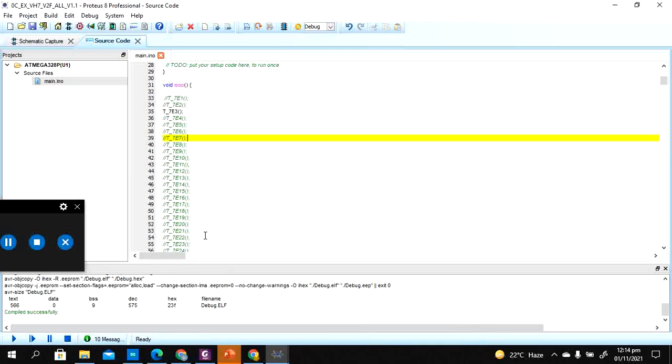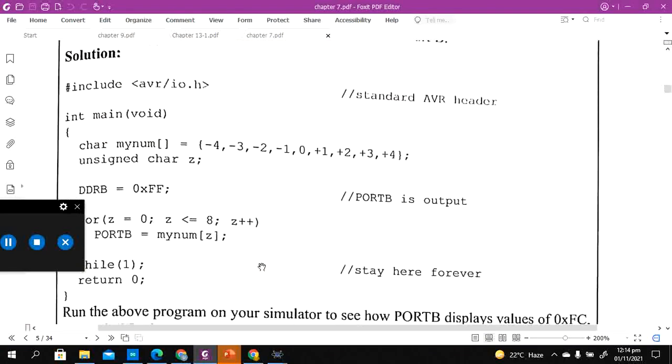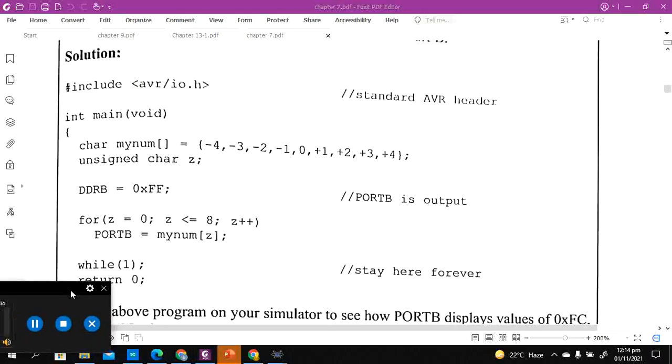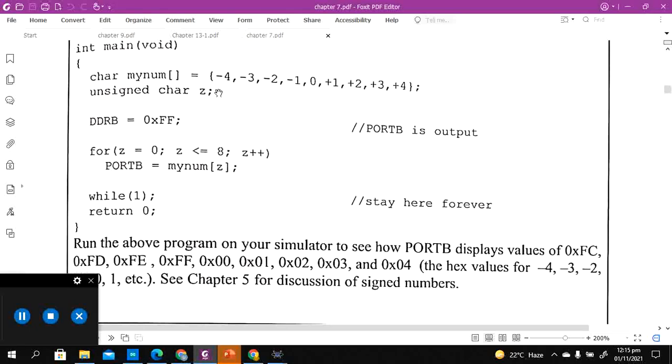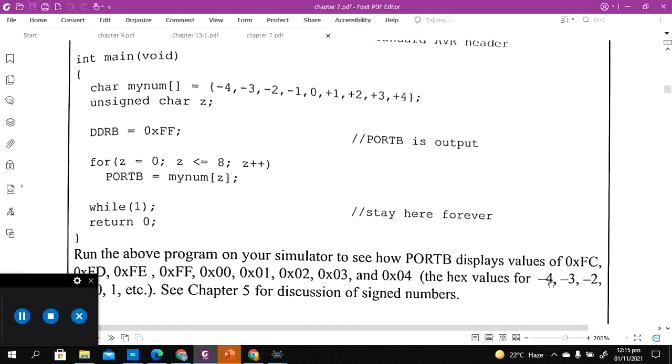Let's see the program 7-4. This is an interesting program. In this program, the output is going to show the values -4, -3, -2, -1, 0. The point is what is going to be represented when -4 is used.